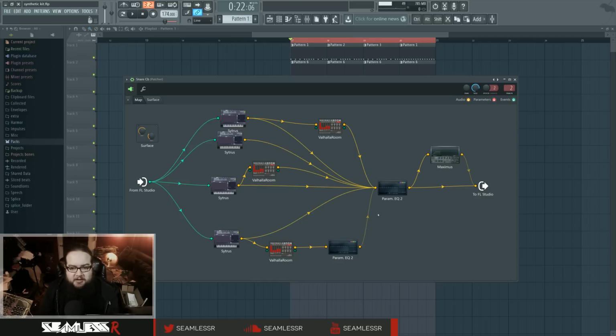In fact, if I turn all of this back on, go back to compression, and just disable the reverb on all of the...